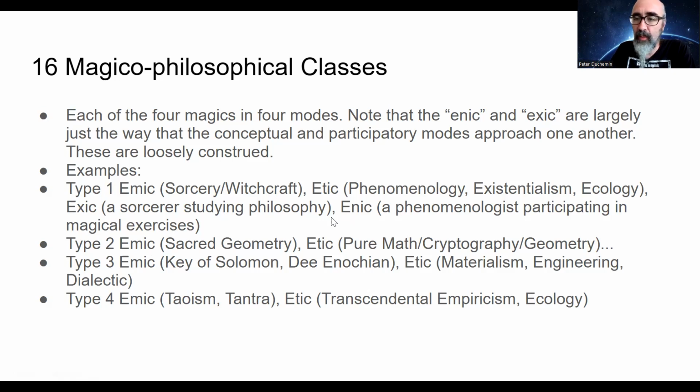So basically, the heart moving to the head or the head moving to the heart. So here's the type two. Remember, type two is pure code. So what is a type two practitioner? Is someone who is full on into sacred geometry, believes that the world is essentially a number code,